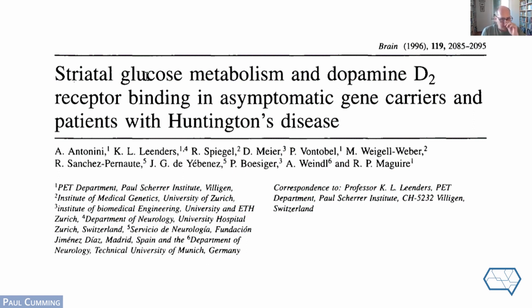Now, people in Switzerland, where I happen to sit right now, were early investigators of not just the FDG PET, which, as you saw, was already documented in the 1980s, but they also applied dopamine PET using a different tracer, a dopamine marker, in the same subjects, in different sessions: on one day FDG PET and another day PET for dopamine receptors, to look at the relationship between the metabolic disturbance and a specific neurochemical marker for the integrity of the dopamine system in the brain.